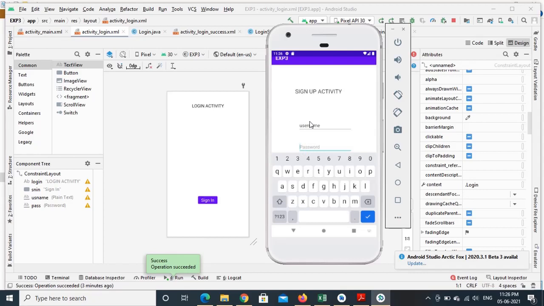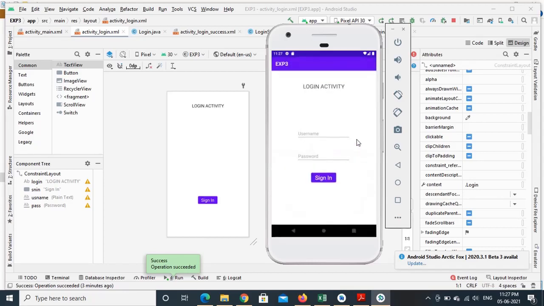So it should take at least one capital letter, some small letters, a special character, and some numbers. And the length of the password should be at least 8 characters. Now I am following all the rules. Now if I click on sign up, it is successfully signed up.